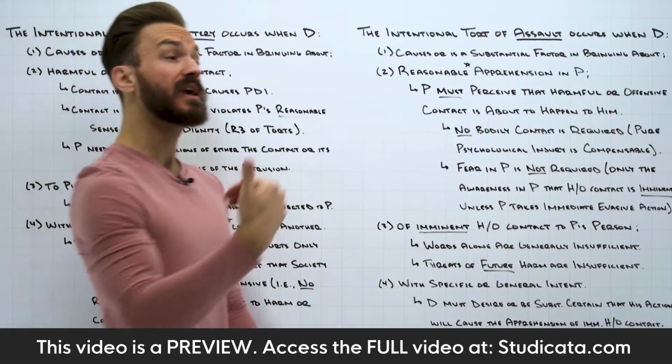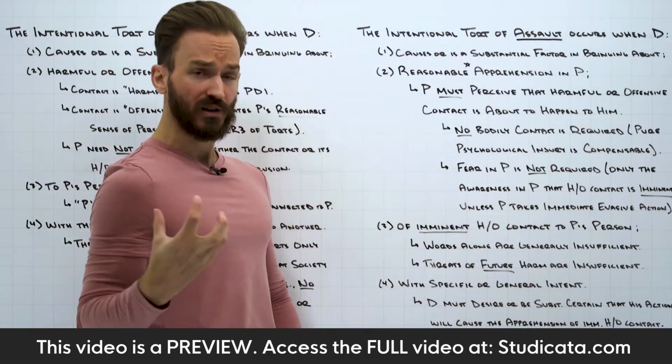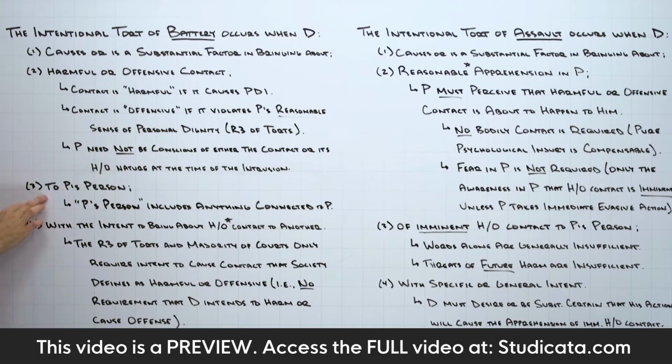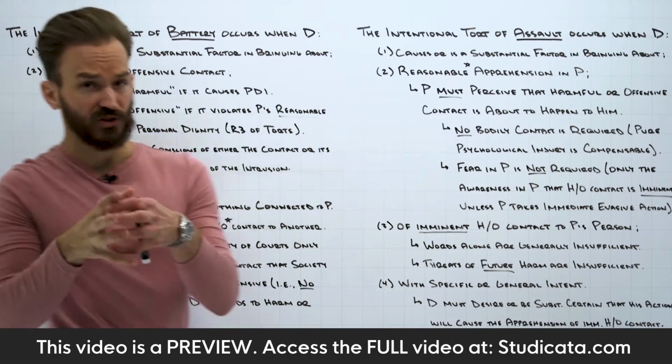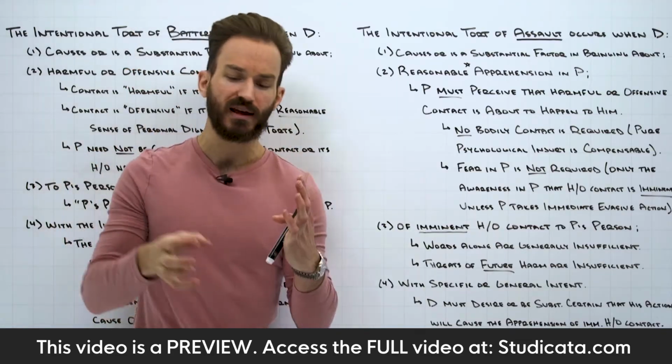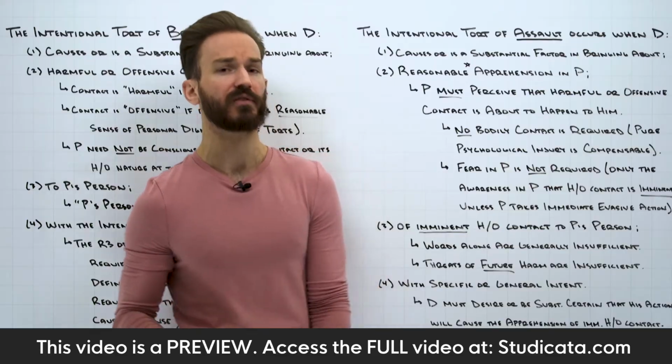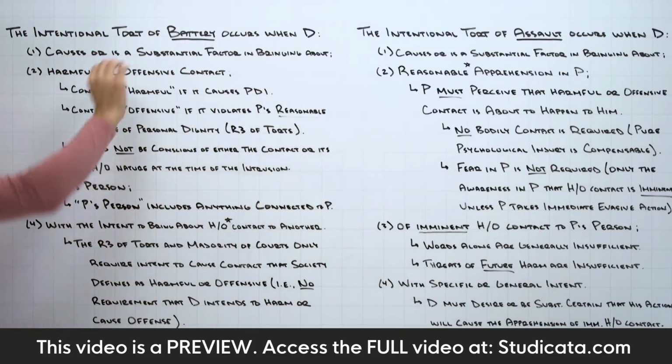If that's what's being contacted and then it results in the harmful or offensive contact, it's still battery, right? So it's basically just expanding the scope. It doesn't have to be body-to-body contact. Anything connected to the plaintiff could still be sufficient for the intentional tort of battery,